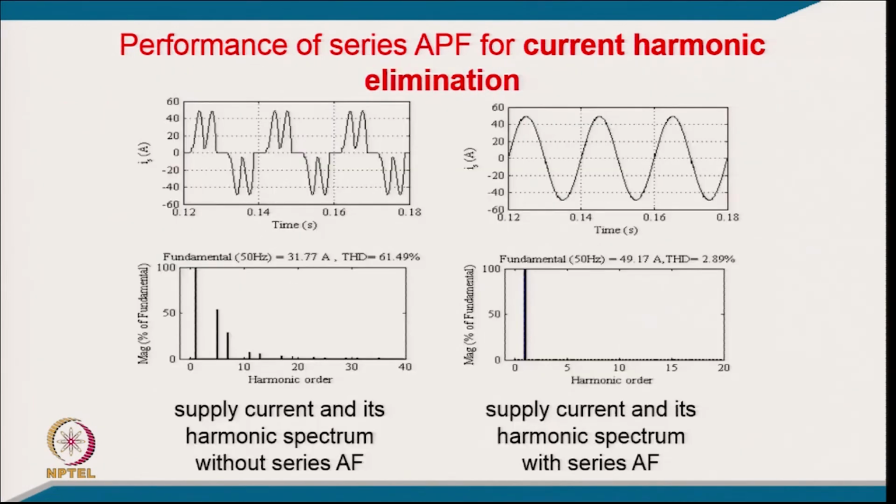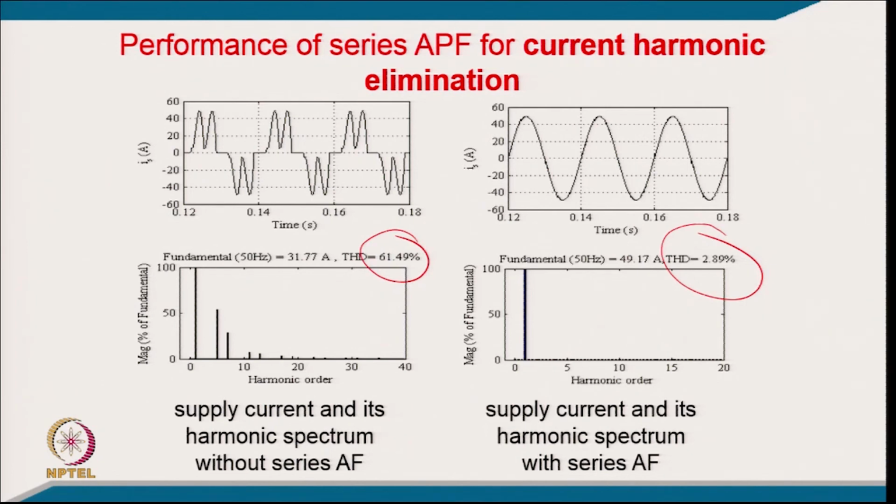And you can see, without compensation, what was the load current? This was the load current, which had a 61.49% THD without compensation, without putting in the series active filter, and which is now reduced to 2.89%, a sine wave current. So, this is a major interesting part, because the voltage fed kind of load normally draws a large harmonic current,